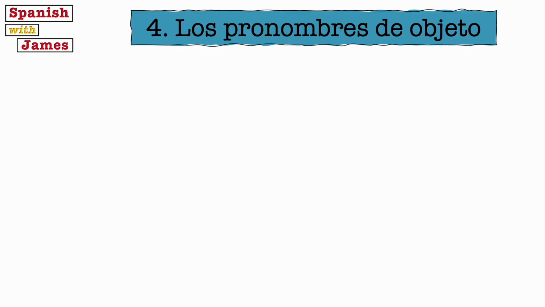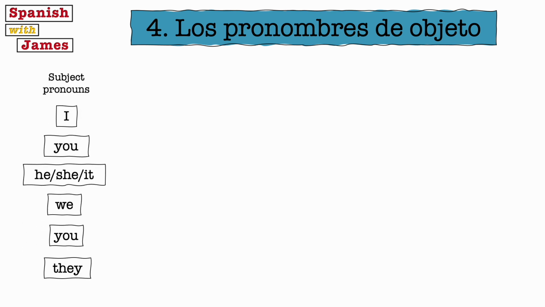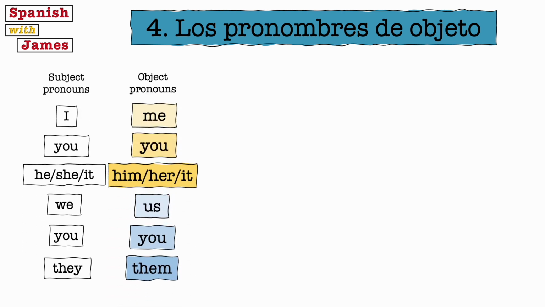Now I thought I'd start off with those examples to show you how they work in a sentence and see them in context before showing you all of the different object pronouns, the direct ones and the indirect ones, because it can be a little bit overwhelming, but at least now we can look at those knowing more or less how they work, how they fit into a sentence. So the English ones would be me, you, him, her, it, us, you, and them. And in English, they're pretty much the same whether you're the direct or the indirect object. So in English, it's very straightforward, but unfortunately for you, I guess, if you're watching this, you already speak English, so you've got the slightly less straightforward Spanish ones to learn,